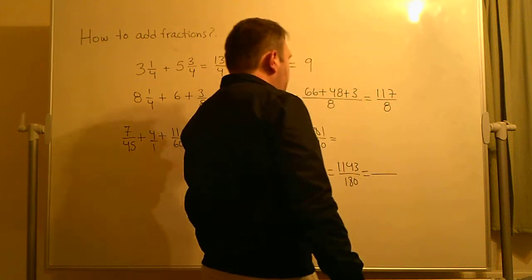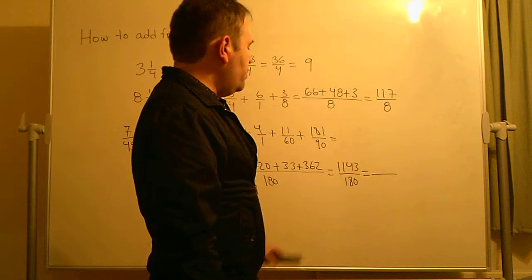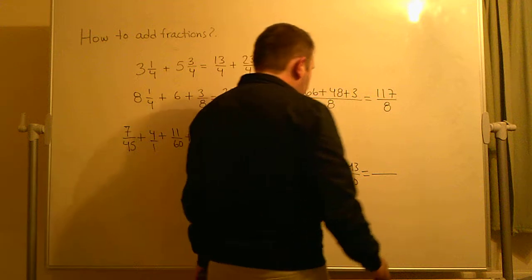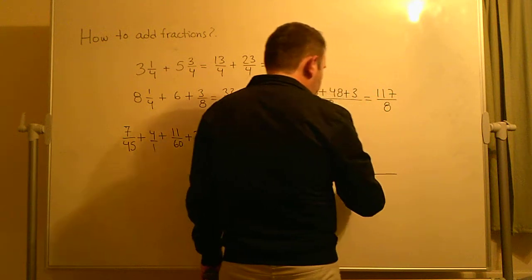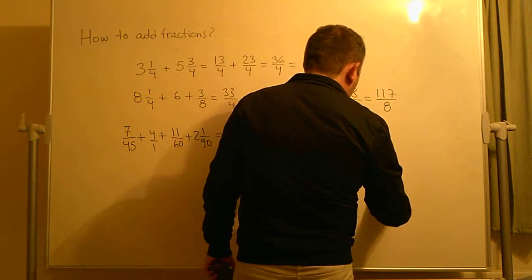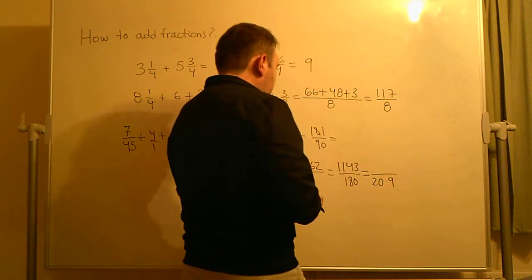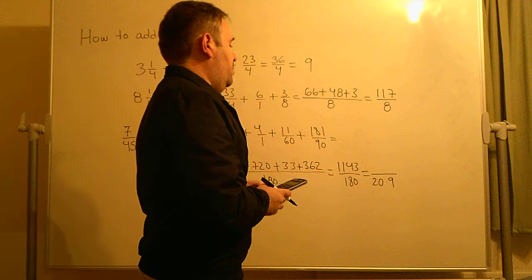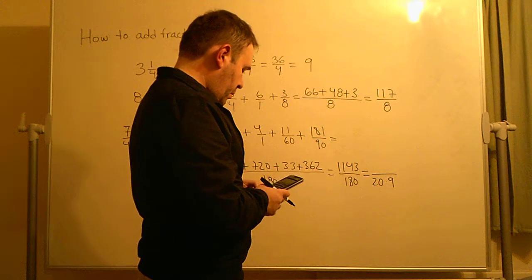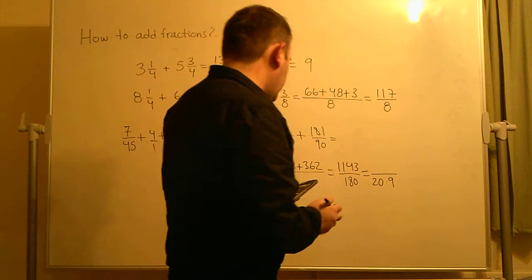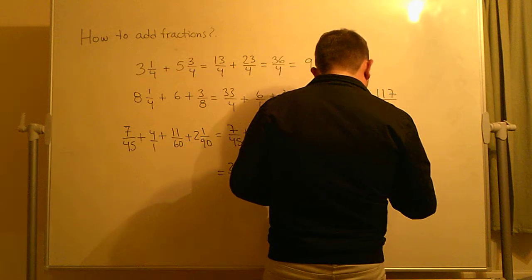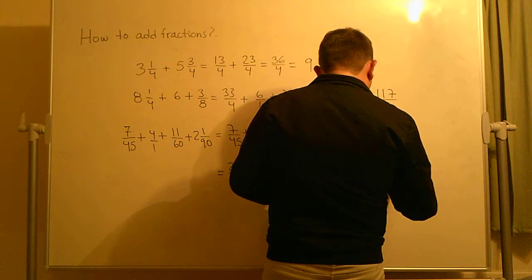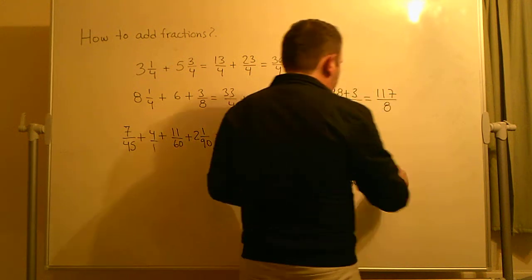You can try with many numbers, but it turns out that 180 is equal to 20 times 9, and it turns out that 1143 divided by 9 is 127. So we can express it as this,